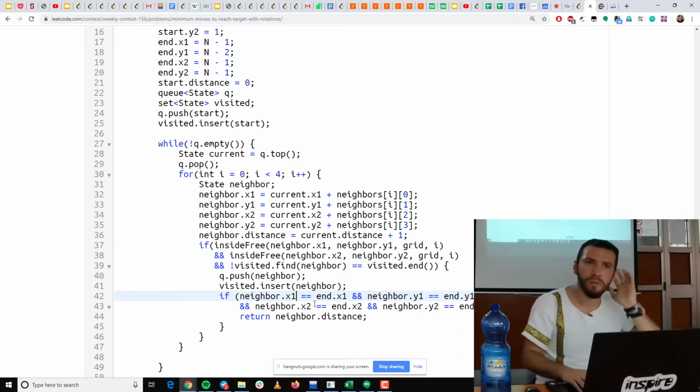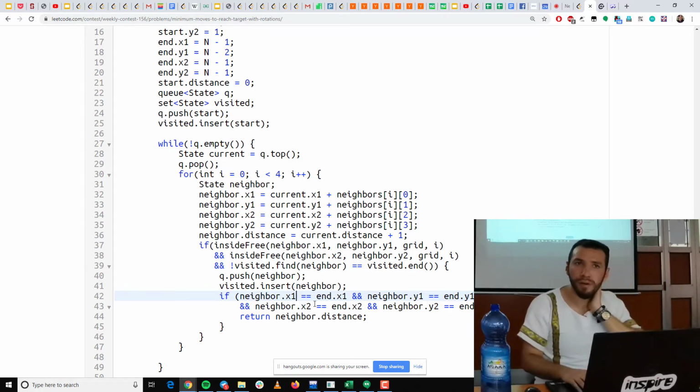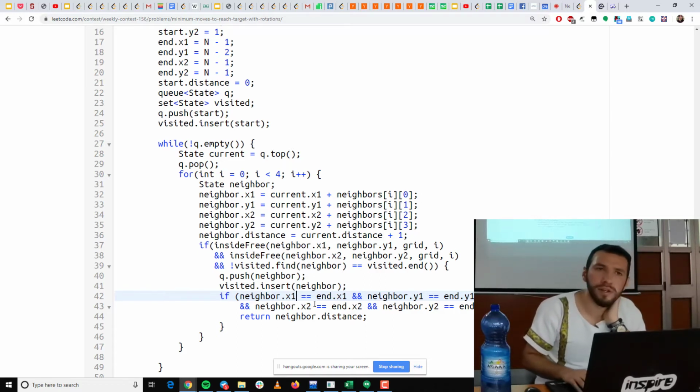Yeah, but I thought that was supposed to work on the new node, right? On the neighbor node. I don't think I get the question. You're talking about the neighbor node, right? The inside free works on the neighbor node. Yes. So we're gonna check it on there. Check what? Check the fact that it's horizontal or vertical. I'm talking about the original